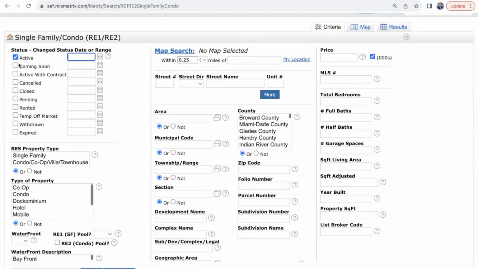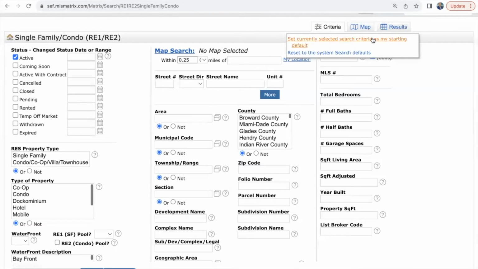Now, here's a trick. Most of you, when you go to the search, you have coming soon and you have active with contracts, automatically defaulted. If you find yourself having to remove this every time you do a search, this is what I want you to do. I want you to go ahead and remove it. I want you to leave active and then go to the right-hand side, find that little wheel. It's like a little settings wheel.